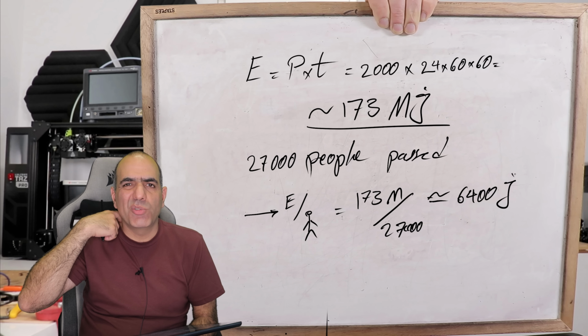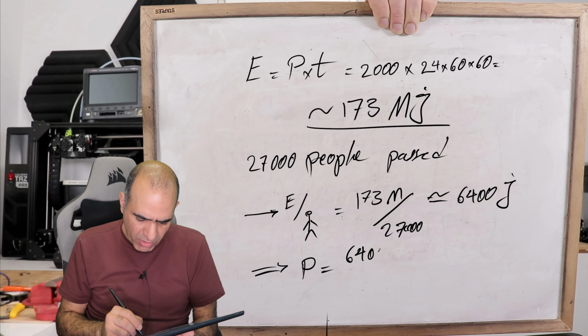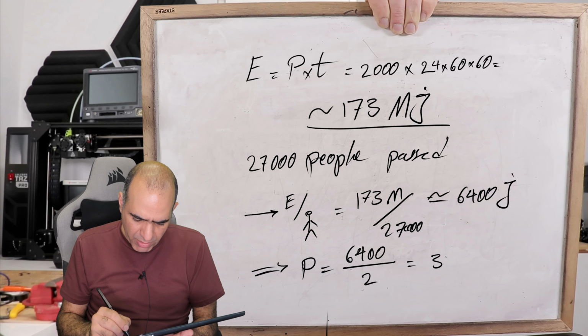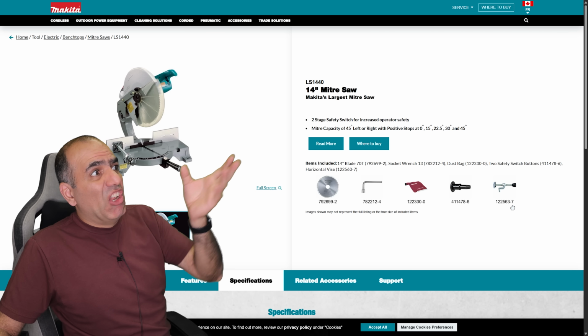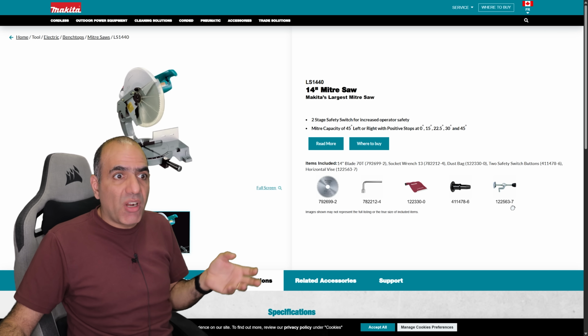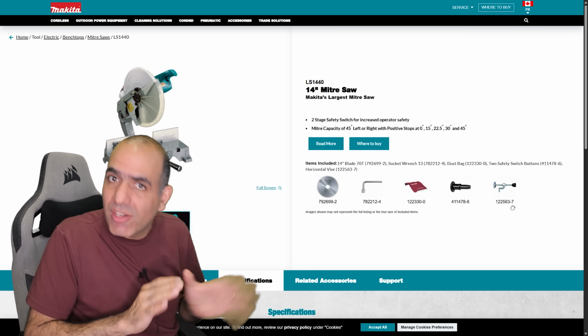Let's say everyone took 2 seconds to pass through this thing. So power for each person is 6,400 joules divided by 2 seconds, or 3,200 watts. Considering, say, a large Makita miter saw draws no more than 1500 watts, that claim is false. No one would be able to go through those gates with such ease. It would be more like...